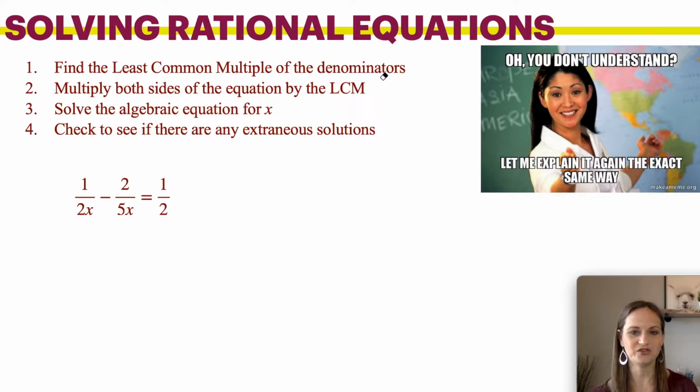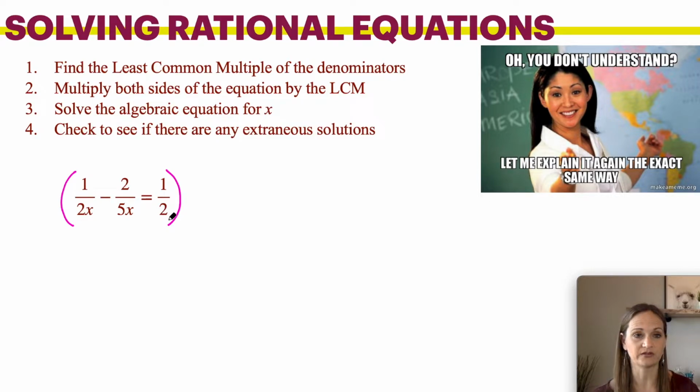So here you go. In the last video, we discussed how to add and subtract rational expressions by coming up with a common denominator. Now, the cool thing about this is, you're still going to figure out what that common denominator is. But instead of keeping that denominator all the way through your equation, you're actually going to multiply the entire equation